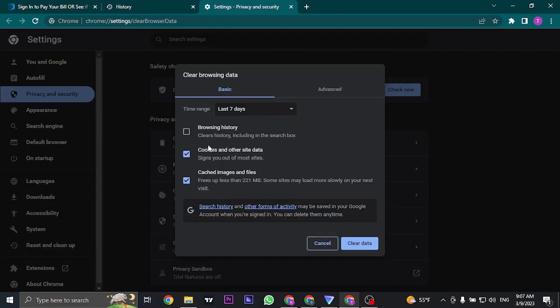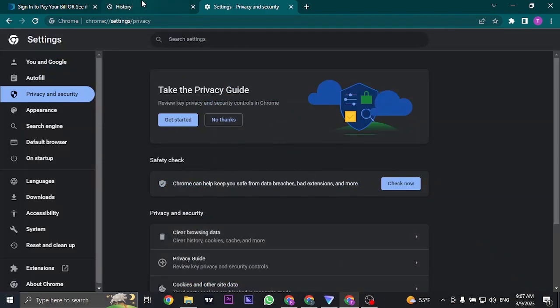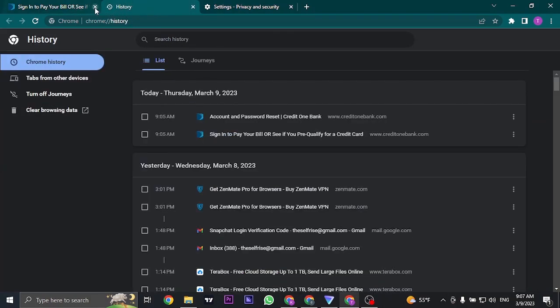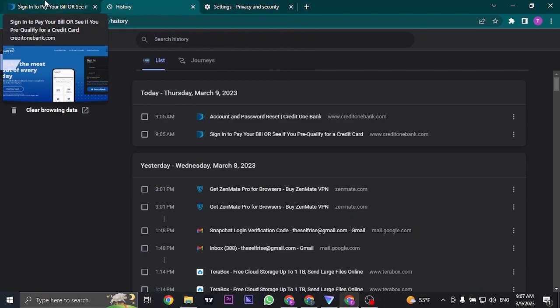We're gonna clear the cache and the cookies because sometimes cookies or cache files may be the cause of these issues. So on the time range, you can just select 7 days, or you can even select higher and make sure that cookies and other site data and cached images and files are selected, and you can just click on clear data. Once that has been cleared, you can close your tab and again reopen it